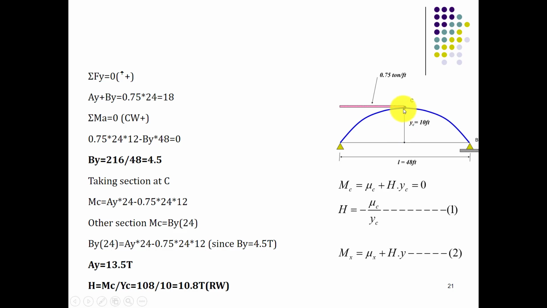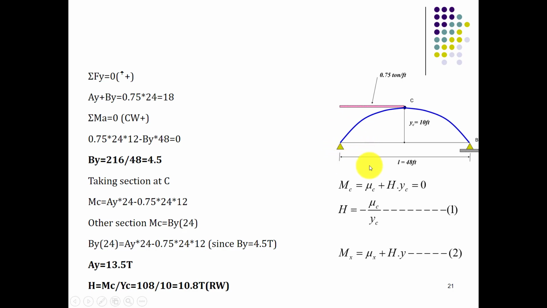Likewise, we have a moment release, it would not be resisted, but the amount of moment coming up at C is basically 108 foot-ton. So we have a moment at point C. We can calculate the value of horizontal reaction, which is horizontal thrust, by taking this equation that I have explained earlier in previous slides. Or else we can take the moment at point B for the calculation of this horizontal thrust, as we have all the other forces known.